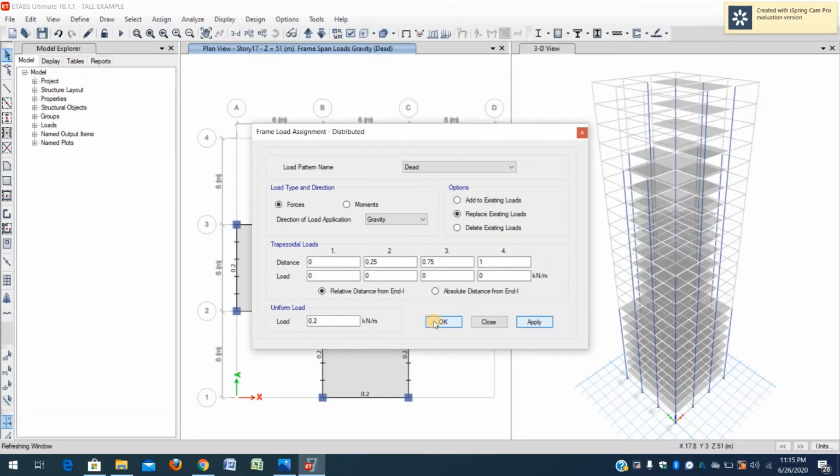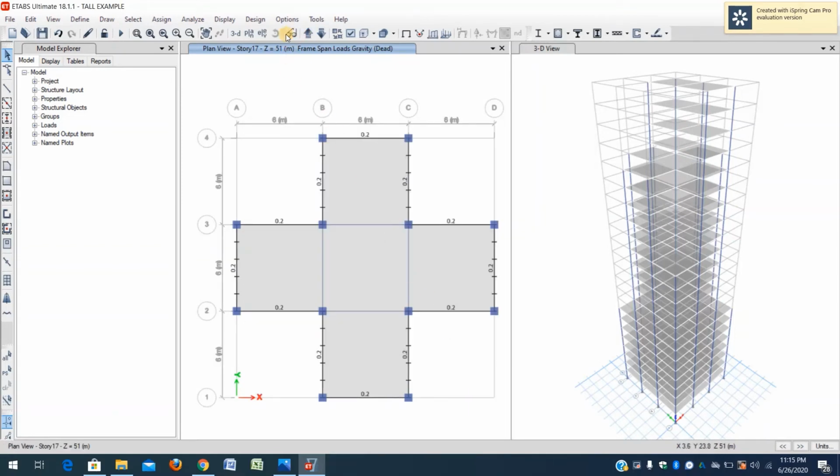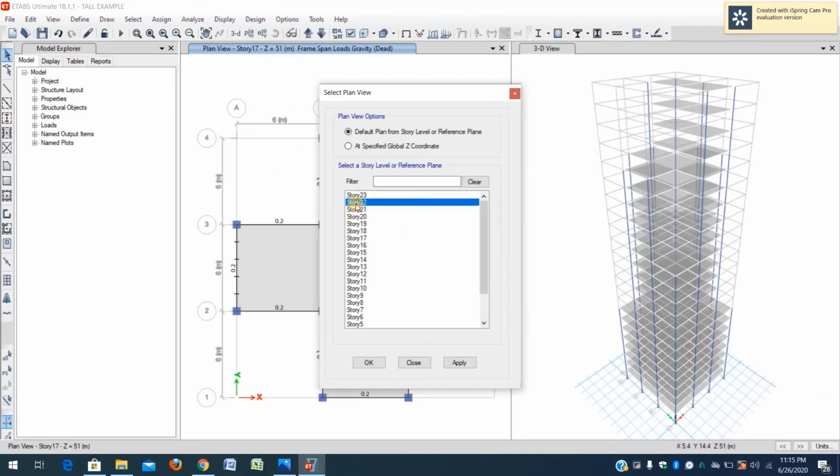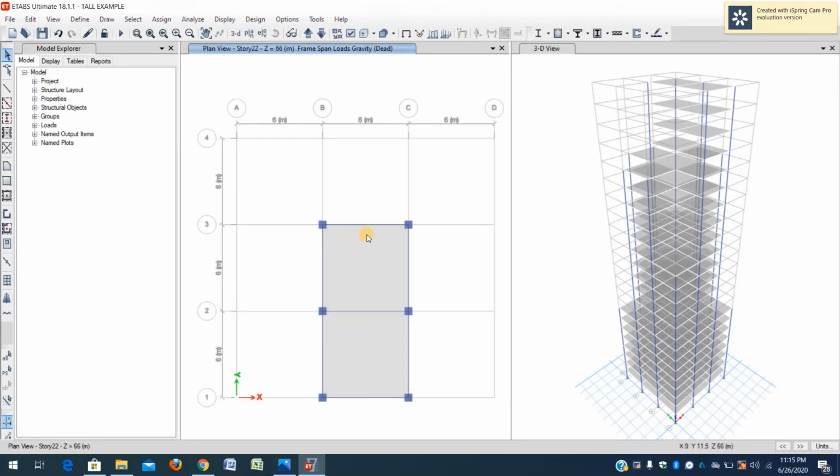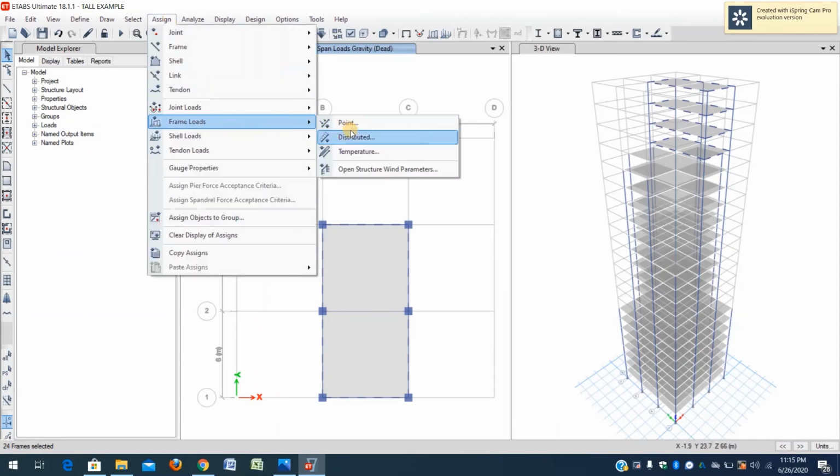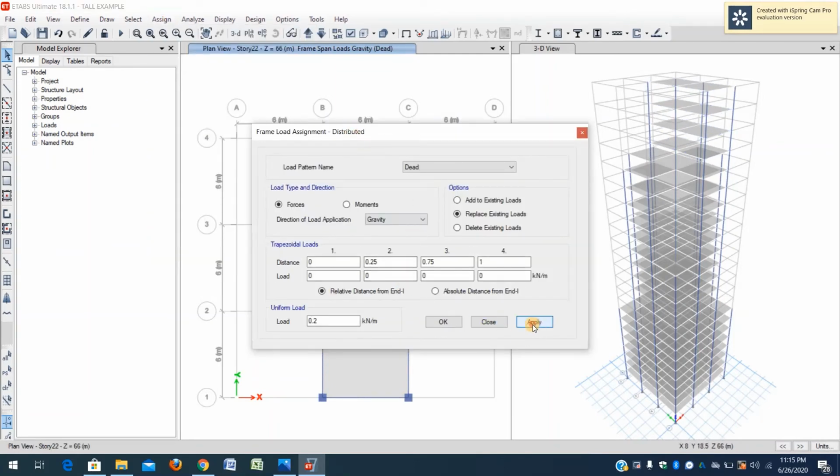Okay. And the last is story 20 to 23, say 22. Select the exterior beams here. Go to Assign, Frame Loads, Distributed. Apply and OK.